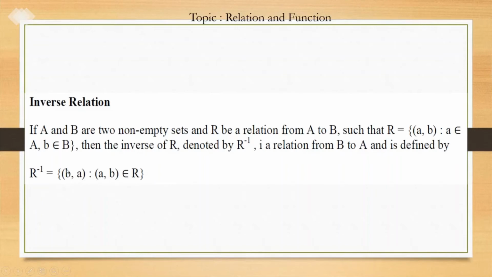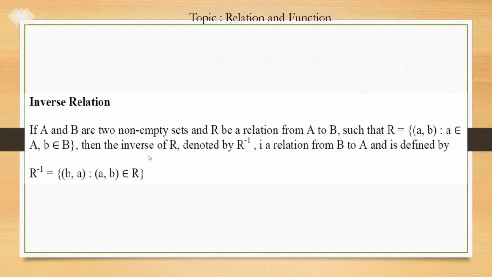What is R inverse? Suppose we have two sets A and B, then we have a relation R from A to B, which means a subset of A cross B, and there are some (a, b) belonging to R. R inverse is the set of all (b, a) for which (a, b) belongs to R. So we invert each element of R to get R inverse, and then we get a relation from B to A. From the definition we can say that R inverse is a subset of B cross A. So R inverse is a relation from B to A.